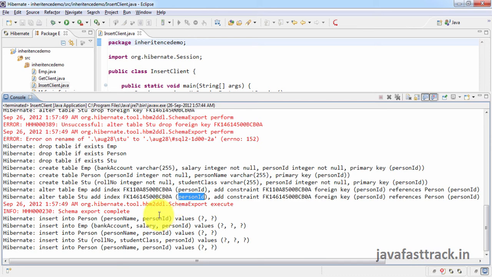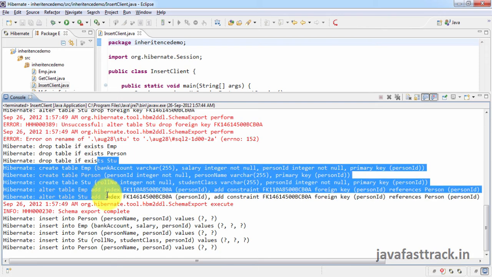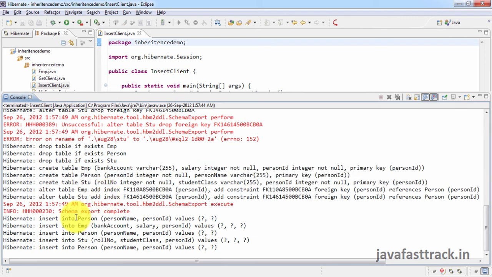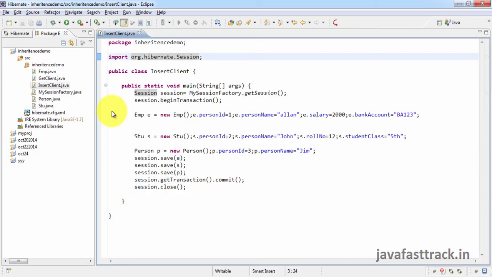So we have not done anything much. As you know, creating these tables is not going to be an easy work. So Hibernate itself has struggled and created all these tables. It has created tables with primary keys, foreign keys, everything in place. Now data has been inserted into the person table, the employee table, the student table, and the relationships. As we know, we have not done any changes in the client program. It remains same from the beginning.